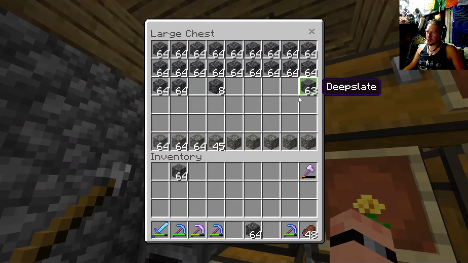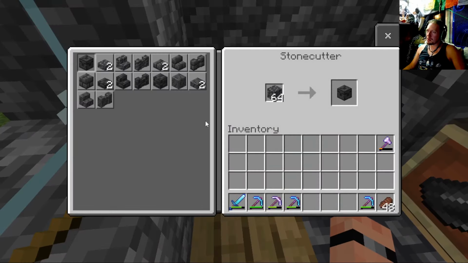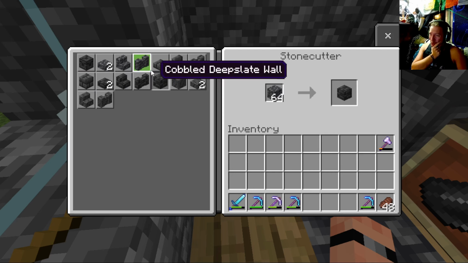Thankfully I didn't collect too much, but about 2 stacks of it I accidentally collected with our silk touch. But let's see what we can do with the cobbled. Here we go. So with the cobbled, we can make polished, which looks like tiny bricks. We can do the tiles that look like weird bricks, and we can do the actual bricks, which are really, really big. So between all of these, I kind of want to use...